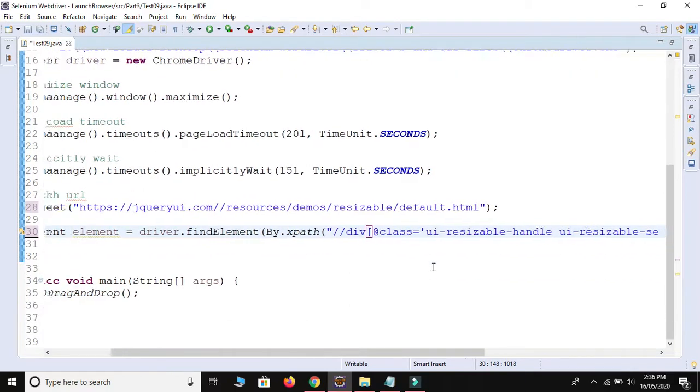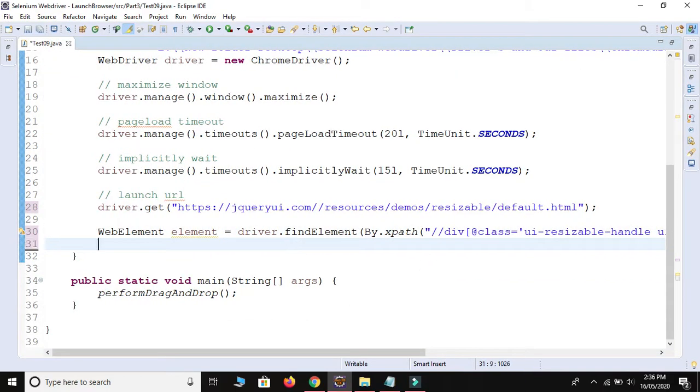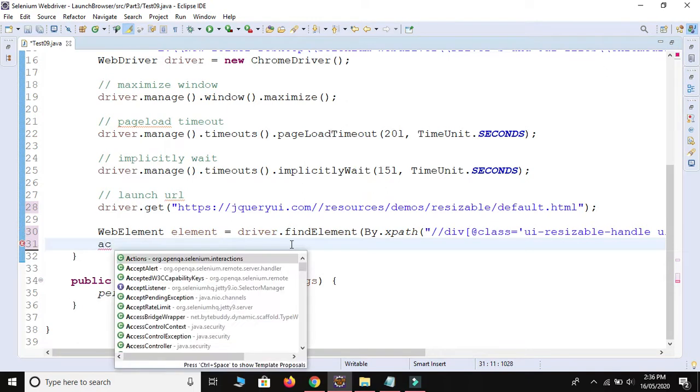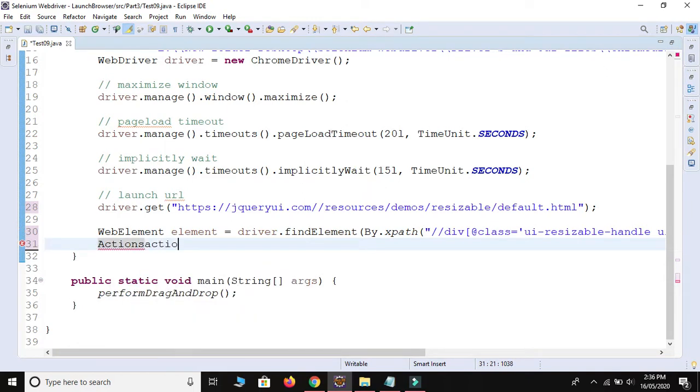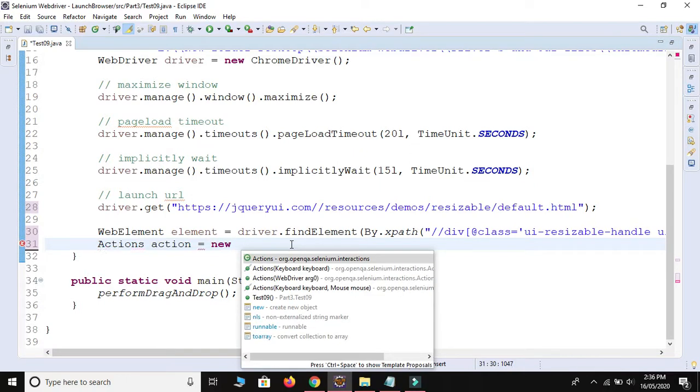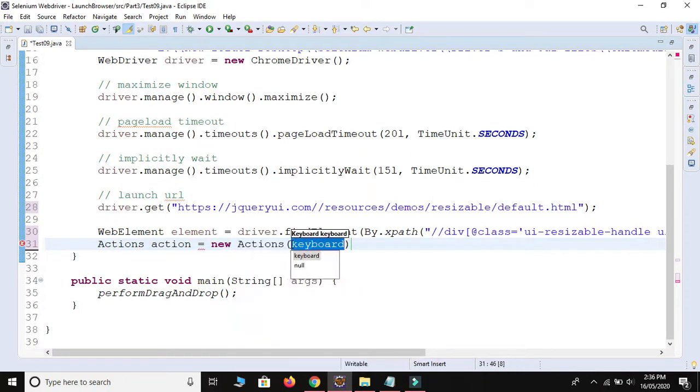So again we need to take help from the Actions class. So we use Actions action is equal to new Actions, and provide our web driver. So we use driver here.